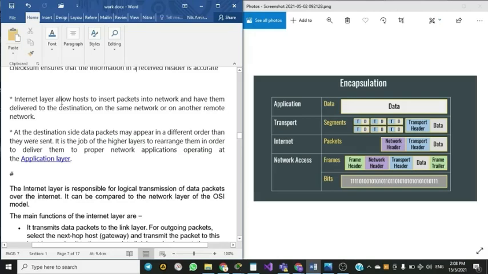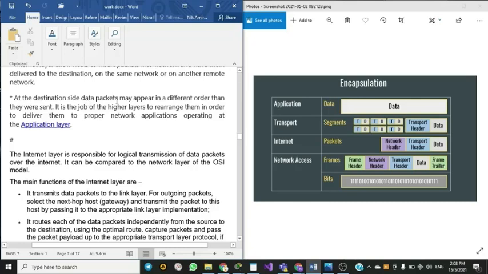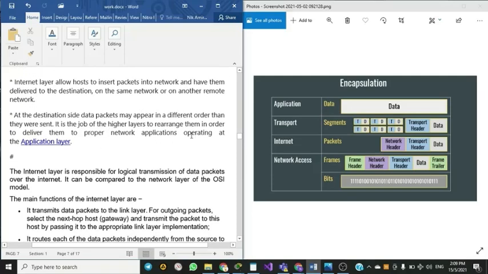The Internet layer allows hosts to insert packets into the network and have them delivered to the destination on the same network or another remote network. On the destination side, data packets may arrive in a different order than they were sent. It is the job of the higher layers to rearrange them in order to deliver them to the proper network application at the application layer. So what it's saying here is that